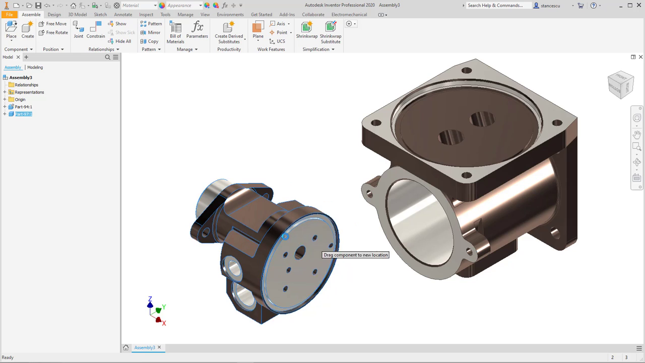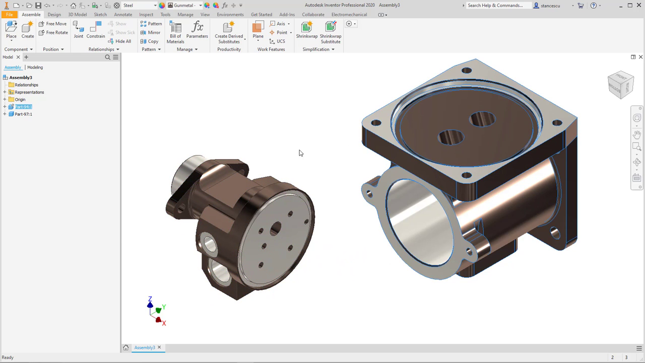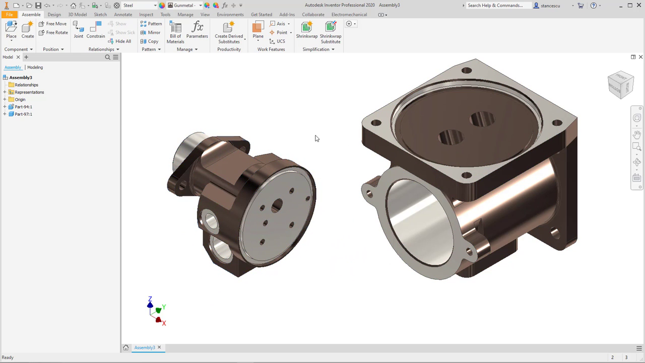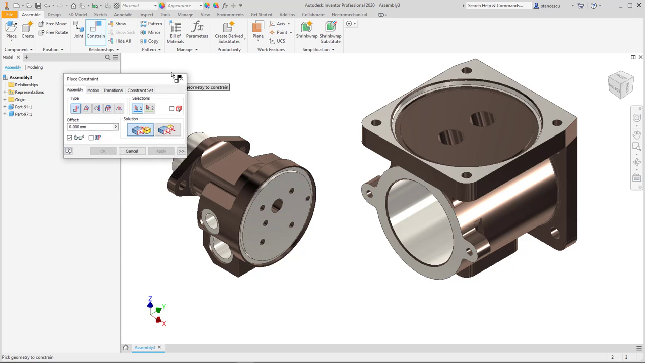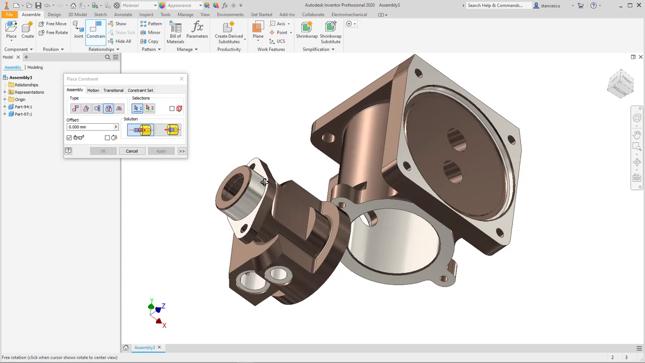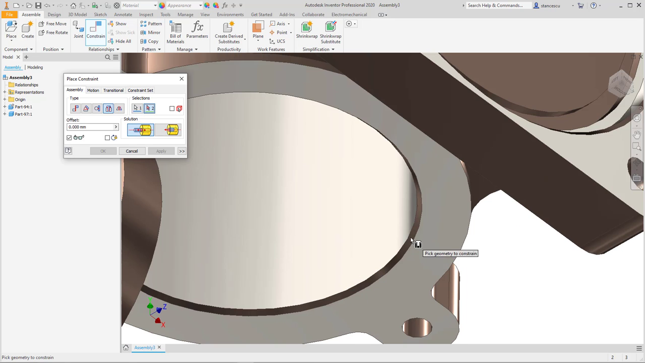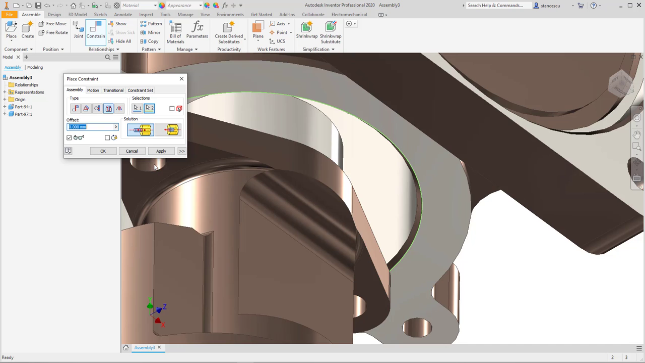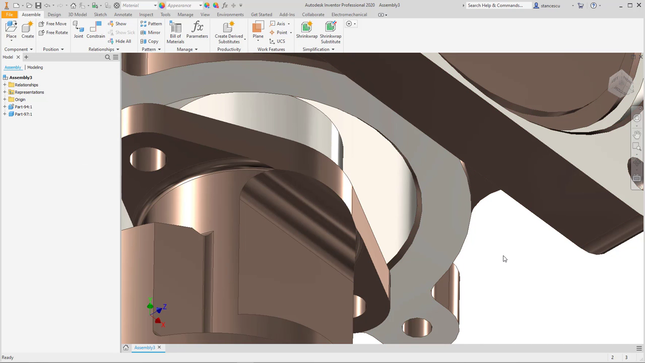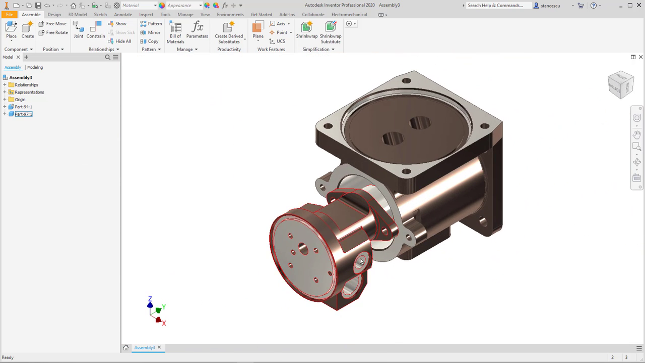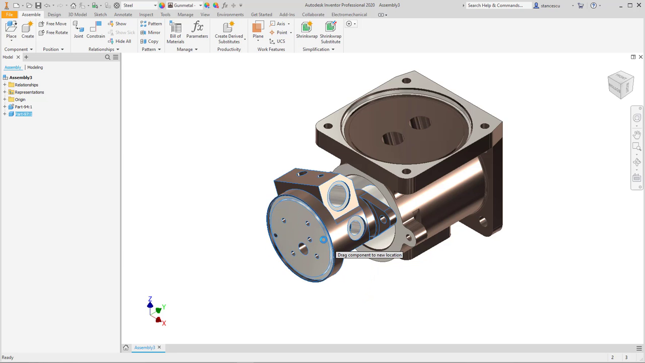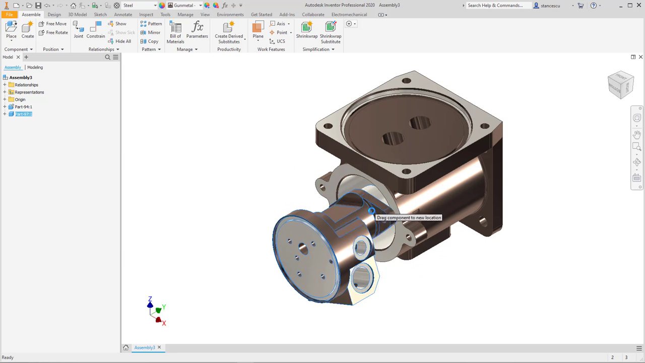Now I have to align them. This is fixed and this is mobile. I apply insert, choosing this circle and the exterior circle here. Okay, F6 isometric, and we see we can rotate only, but first